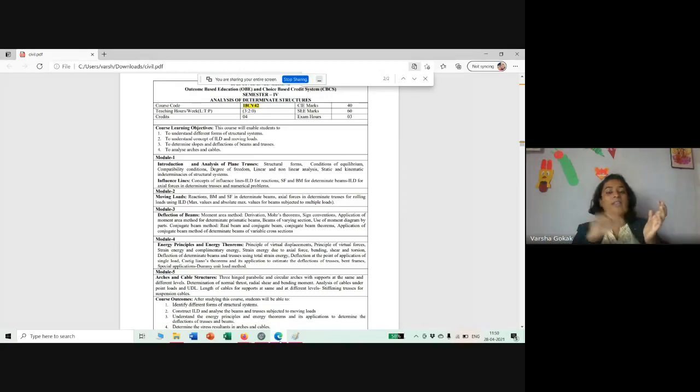Whether it is RCC design or steel design, that is why the shear force bending moment diagram, that chapter, that module, that concept, as a civil engineer is very important till you finish your engineering, whether you're doing your master's or your PhD. It is the most important, and you should be perfect with your shear force bending moment diagram. If you have still not understood the concepts, I suggest you go back and take your books. There are ample videos available even on YouTube. Our own staff have put it on YouTube also. So please go through that and keep your basics strong. That will help you understand further.